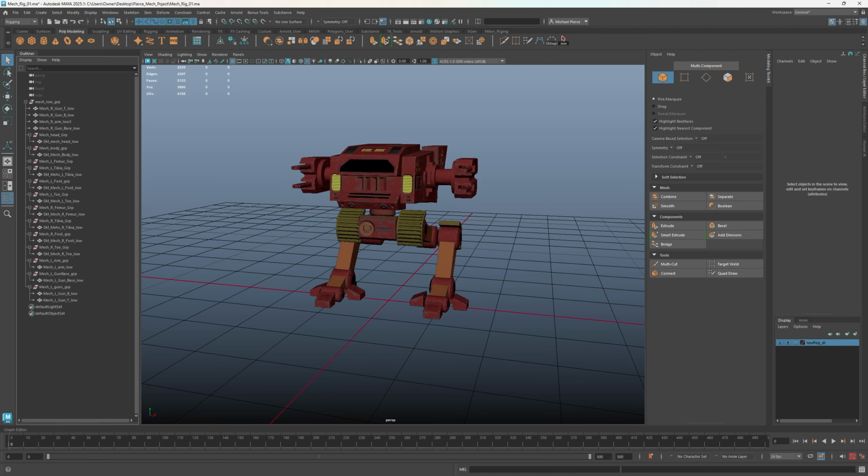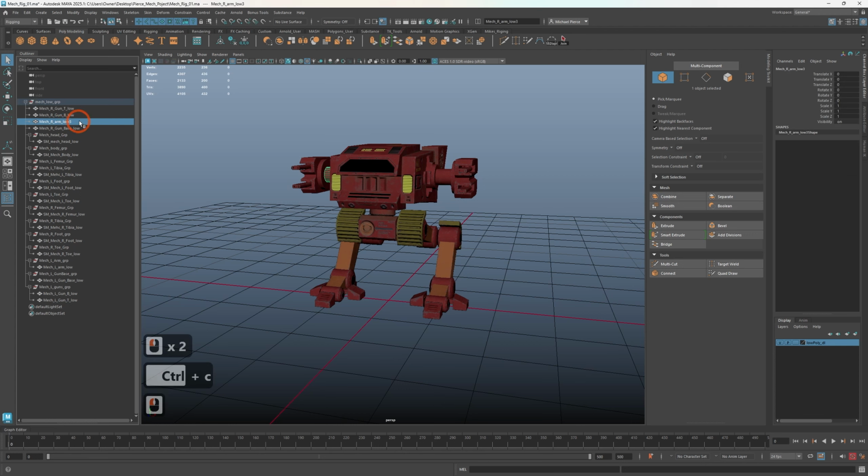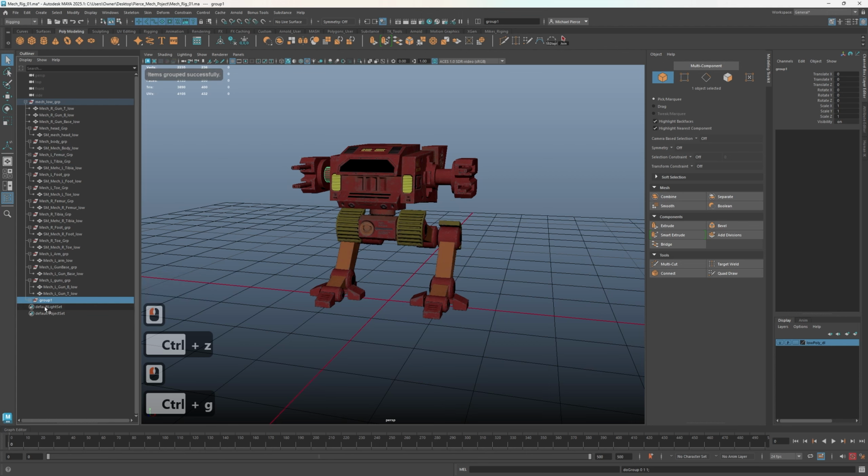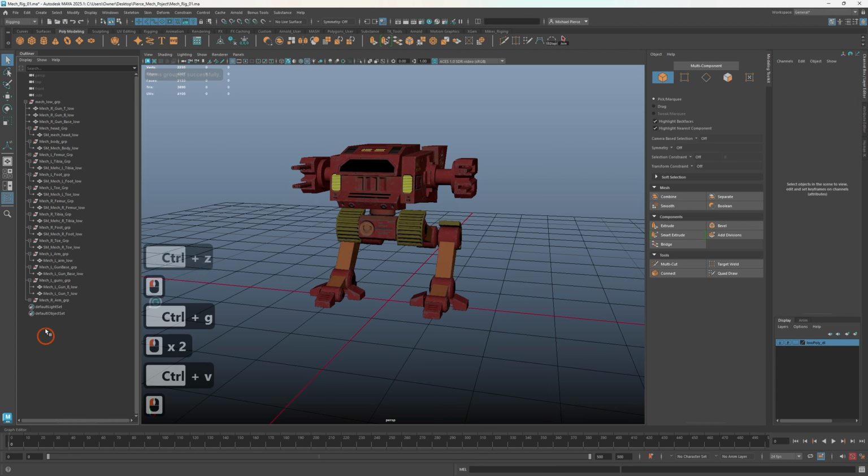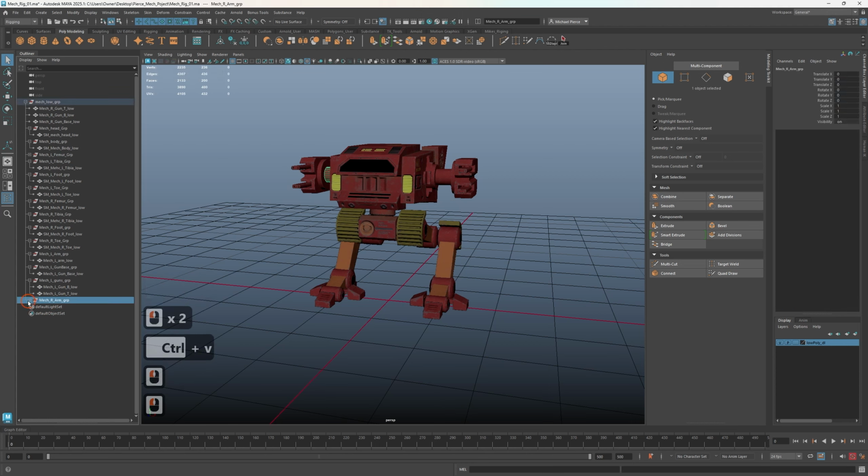So let's go to its right arm. Ooh. I can group that as well. Control G. Try that again. Control G. Paste. Alright, so now that I've got the groups there,